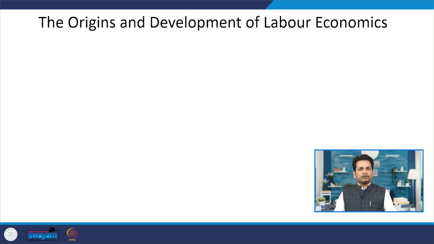In the process, we shall analyze the employment and wage effects of social policies such as minimum wage, overtime legislation, safety and health regulations, welfare reforms, payroll taxes, unemployment insurance, immigration policies, and anti-discriminatory laws. Let me give you an overview on the origin and development of labor economics. I have divided it into 7 themes.